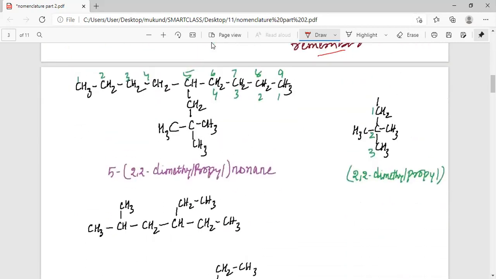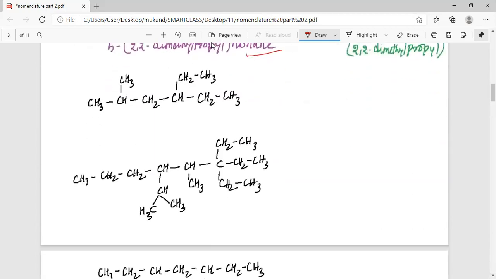Then, my dear students, we will have the next compound. You can see that if we start giving numbering, in all the cases we will get the side chain on the fifth carbon. On the fifth carbon, the kind of side chain that we have has 3 carbon, and on second carbon there are 2 methyl groups, so we will call it 2,2-dimethyl propyl, and thus this compound can be named as 5-(2,2-dimethyl propyl) nonane. So this is how, my dear students, we give the name for a particular compound.